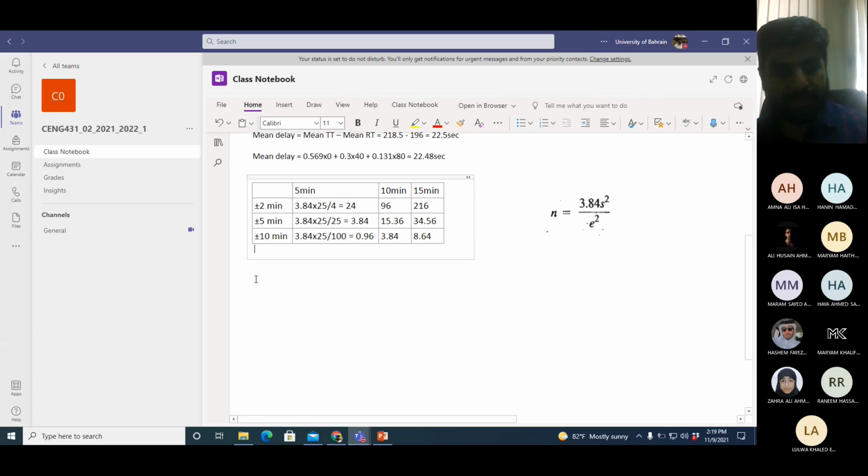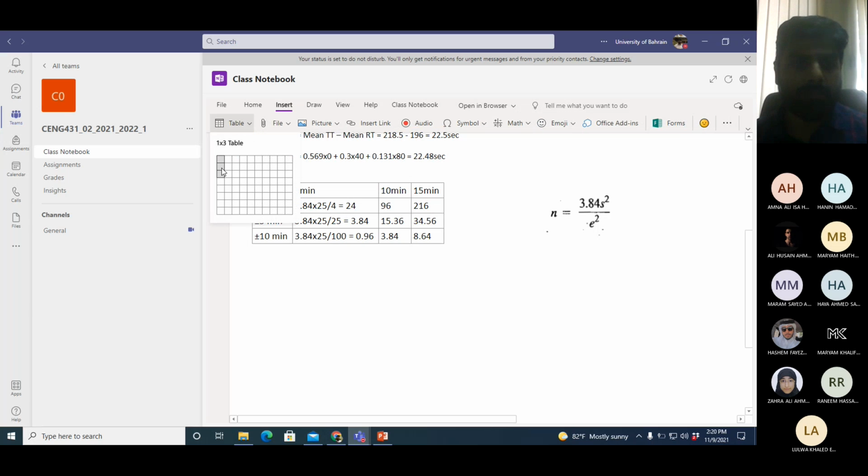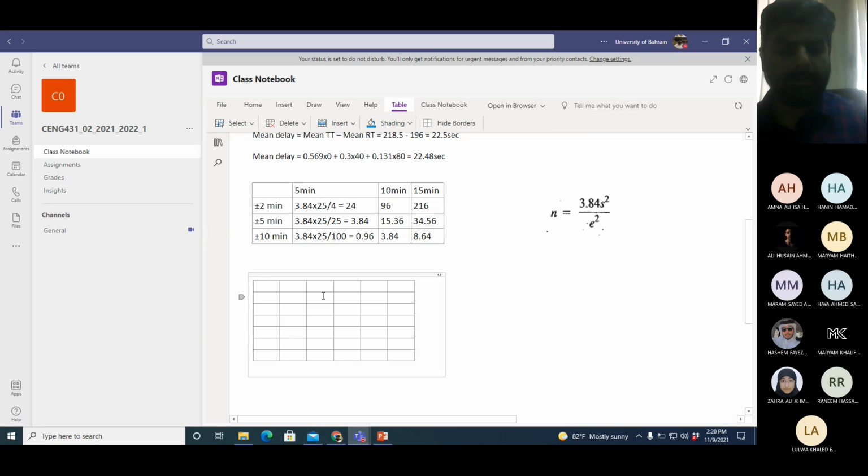Now I've tried putting the table from the slide here. It takes a very long time, so I will just do it like this. I have 7 points, meaning 6 sections. So the sections are from point 1 to 2, 2 to 3, 3 to 4, 4 to 5, 5 to 6, 6 to 7.